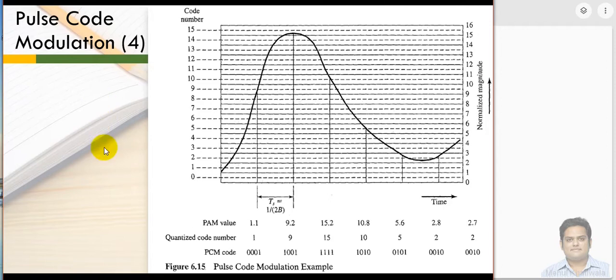Now to overcome this bandwidth problem, we have come up with an increment in this system. So PCM has been incremented to the next technique, which is called DPCM, or differential pulse code modulation. Let me just give you a brief about it. In that technique, we are taking the difference between two samples, and based on whatever value we generate, we transmit the PCM code, right?